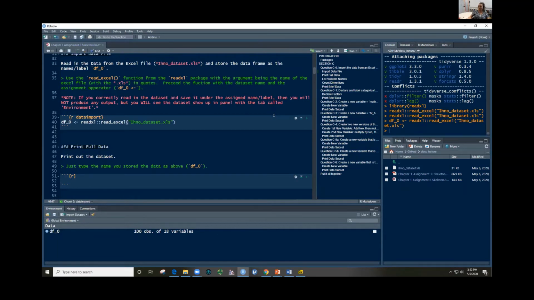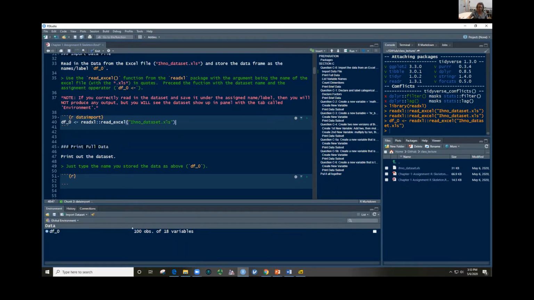It didn't print it out. But look at the bottom of your window, into your global environment, your environment tab. I now have a data set that is named with a handle that I can grab and do stuff with. Down here it says df_0 has 100 observations and 18 variables. Now I have actually read in and retained a copy of the data set. It's read in the Excel file. The Excel file is still living in the folder. We don't change the Excel file, but now we've read it in